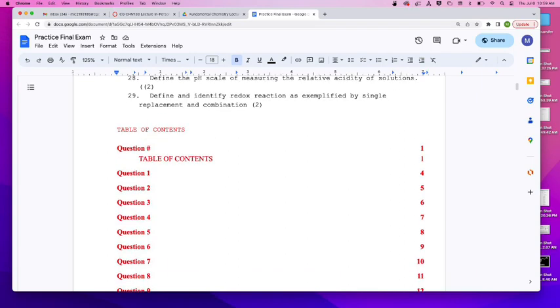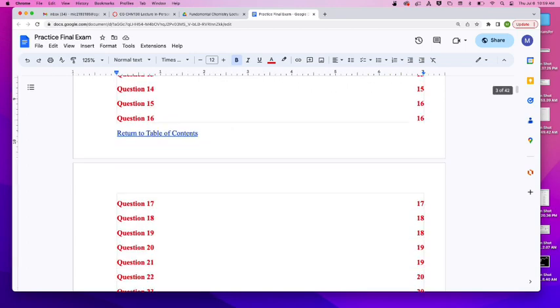But you could click these and go to individual questions. So if you did the first 10 questions and you want to skip to question 20, instead of scrolling, heaven forbid, we just click the button and we're there. That said, you got to scroll a lot to get to the table of contents.